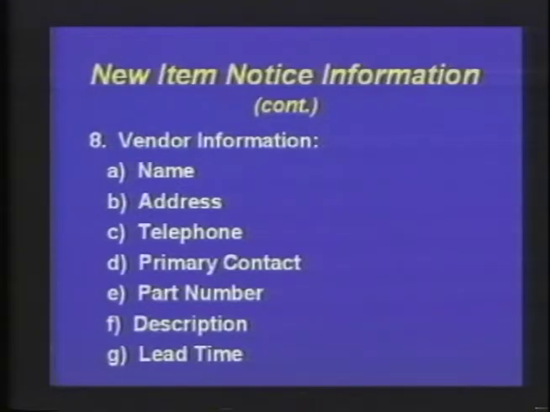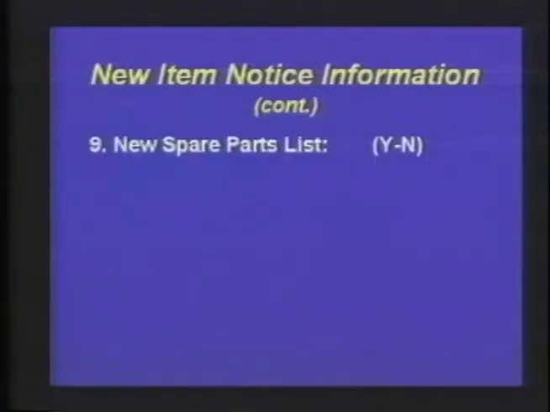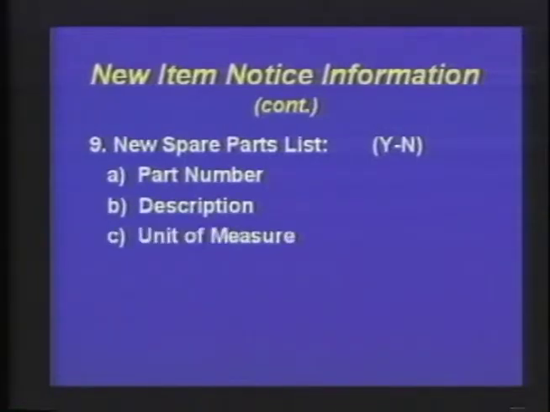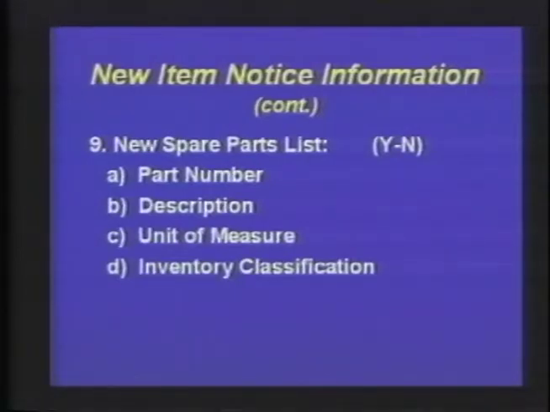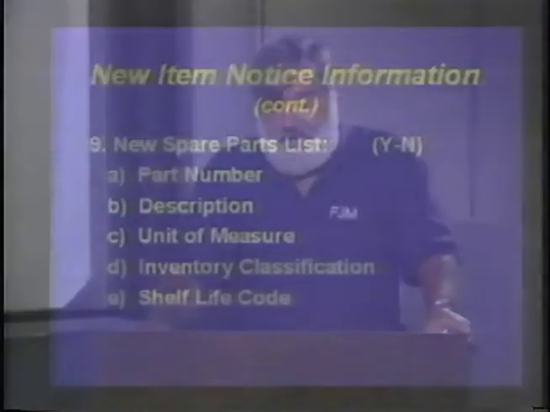Now the same data in item number 8 is applicable for spare parts. So we're addressing a new item notice, whether it's a new piece of equipment or a new spare part. Item 9 addresses all of the data for the new spare parts list. And here again, we're addressing the part number, the description, the unit of measure, the inventory class code, the shelf life code, the vendor part number for the spare part, the vendor description, the lead time, and the item revision